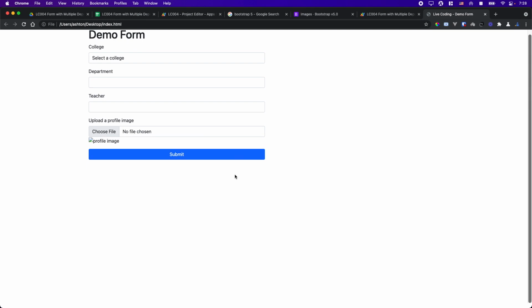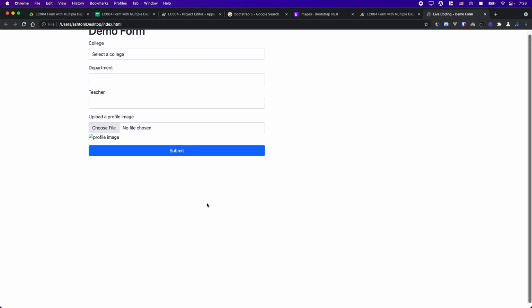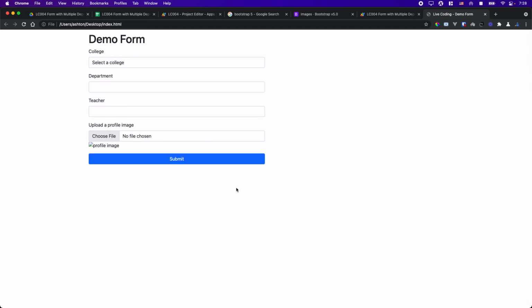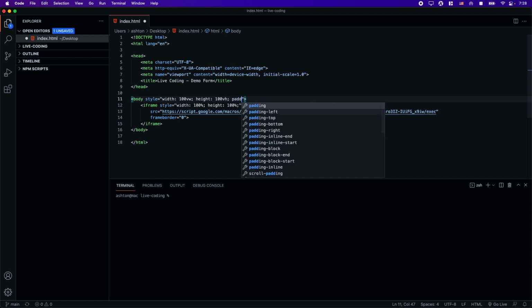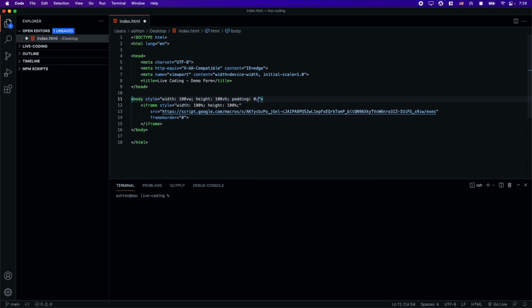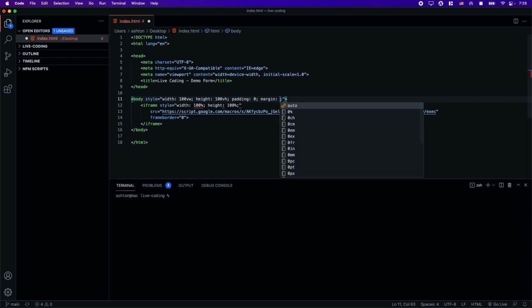Okay, maybe I almost got the full size for this application, and without this annoying banner there. Maybe I need to get rid of the padding and margin for this body, if there is any padding and margin. And if I refresh this page,